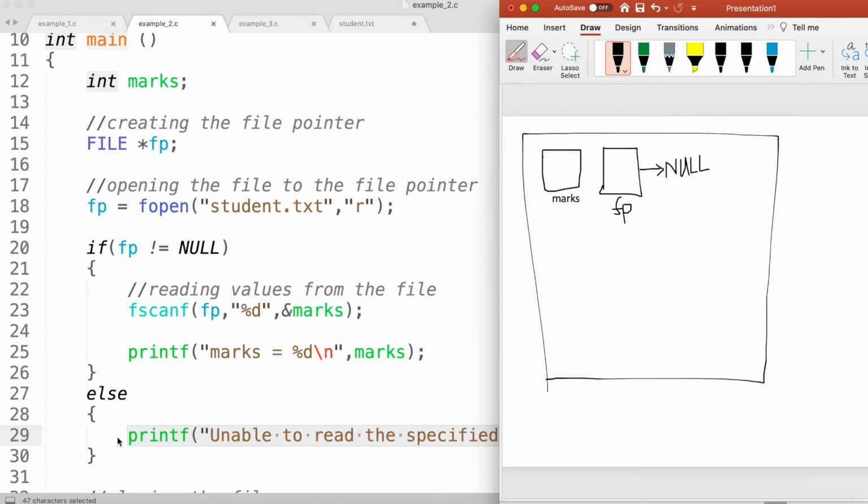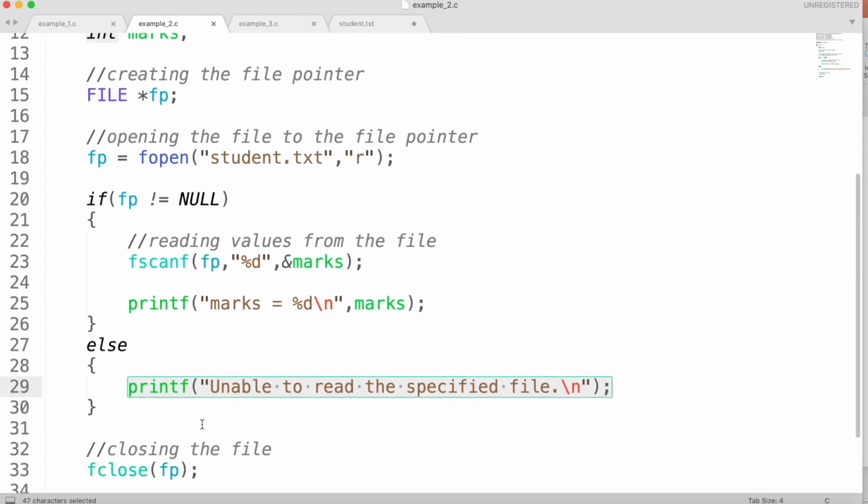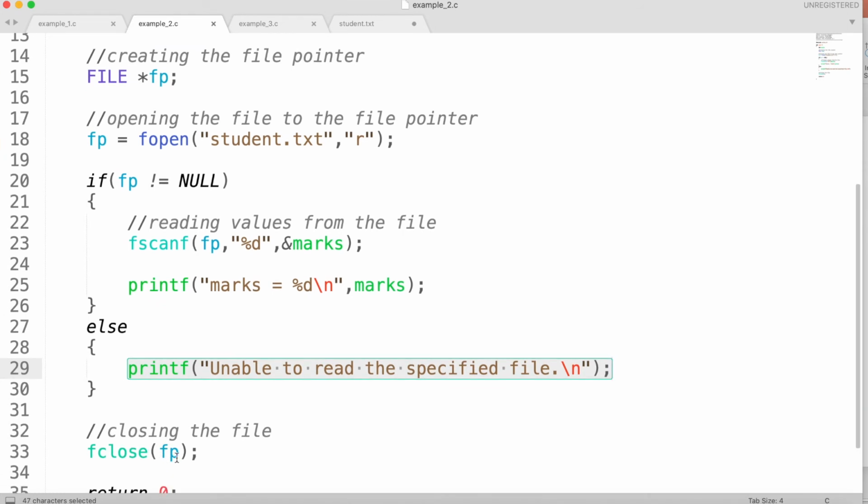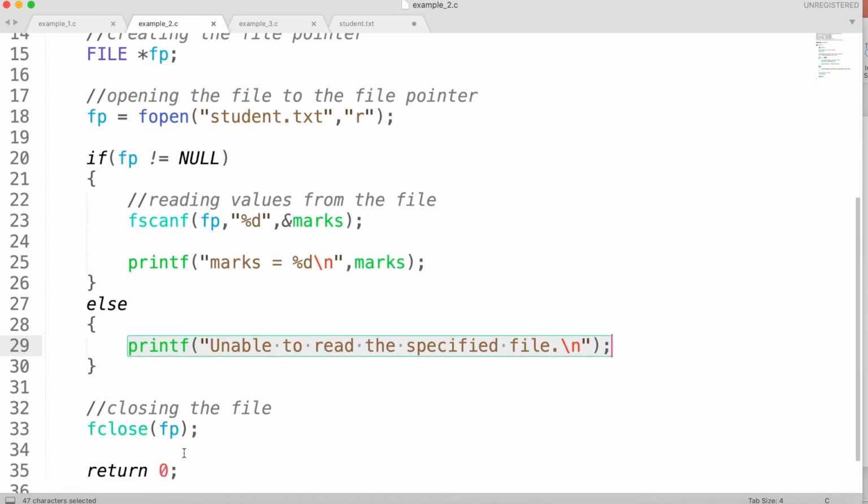In the else part, I'm going to print unable to read the specified file, and then I'm going to close the file. That means I'm again assigning my file pointer to null file pointer, and then I'm going to exit from my program, right?